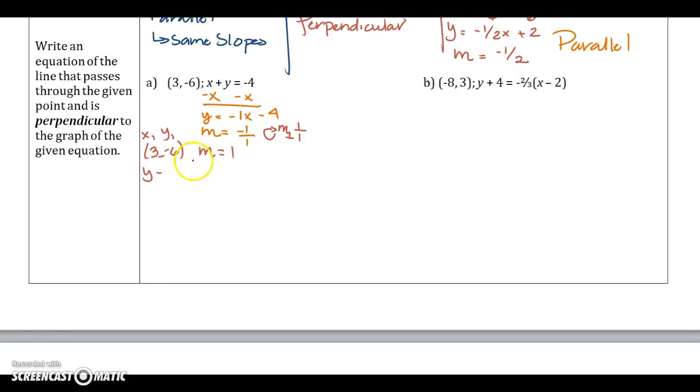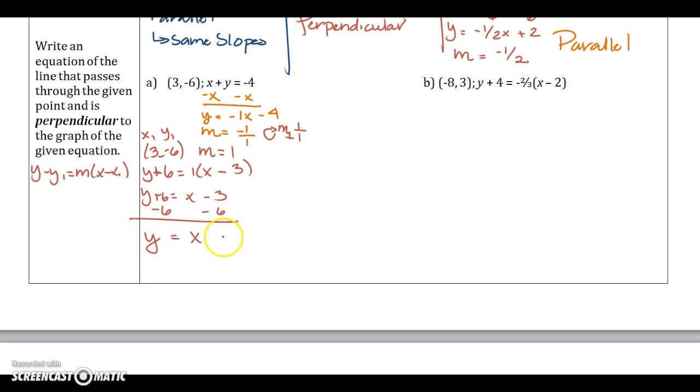So y minus y1, so that's going to be plus 6, equals 1 times x minus x1, which is 3. This is point slope form. Remembering that I switched the sign there because you have to. This is opposite signs. So y plus 6 equals x minus 3, minus 6 and minus 6. The perpendicular line is y equals x minus 9. Perfect. Okay, so one more problem for us to do, and that is, given this point,